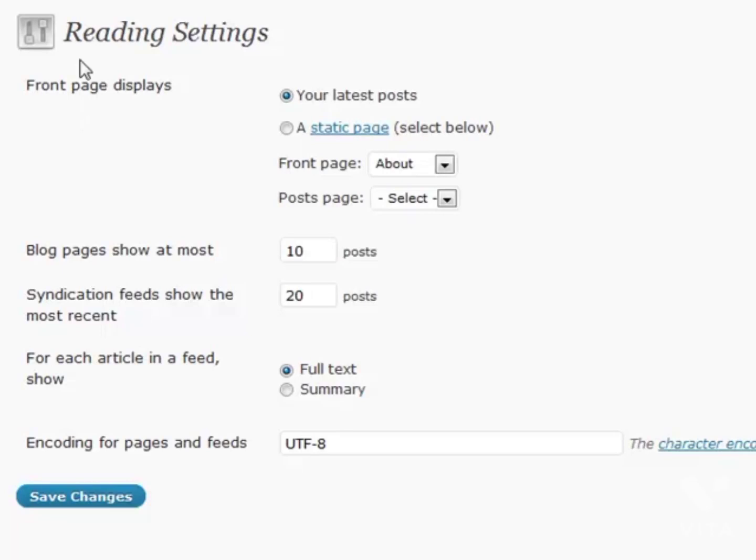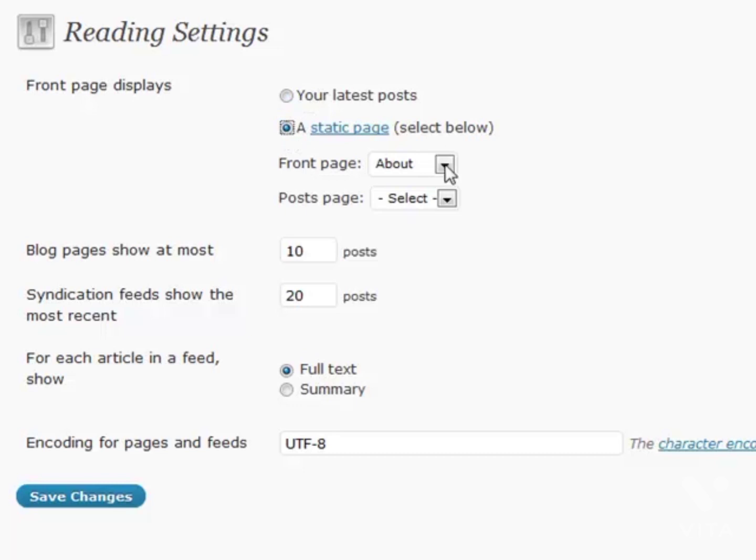All right, reading settings. There's a couple of different options here for not only reading your blog, but also feed reading with RSS and syndication. For the most part, most people want to be able to show the latest posts on the home page of their blogs. But for some smaller blogs, or some people that maybe want to show the same information to everyone who first enters the site, maybe you want to display a static page, and that's a single page of